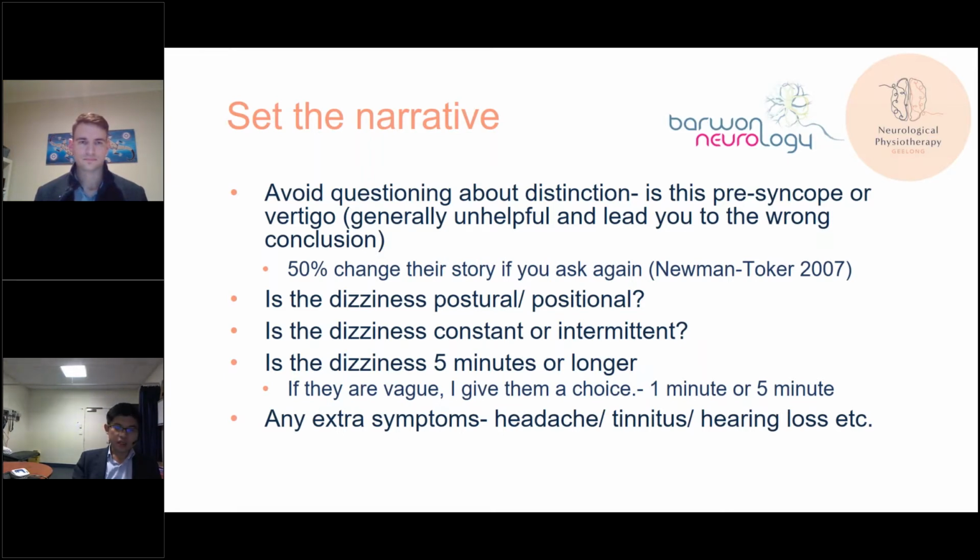The other aspect, as we mentioned, is very useful. Is it postural? Is it positional? Is it constant or is it intermittent? And sometimes it's worth actually being very frank with the patient and just say, look, do you think this is there all the time, or are there periods where you're completely normal? Because sometimes it can be difficult,